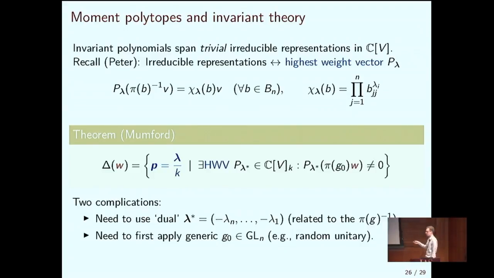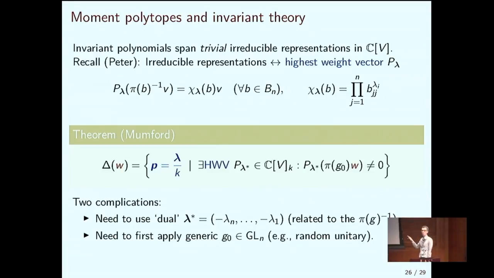So we have to make our life a little bit more complicated. This means in the coordinate ring of the orbit closure of W, the highest weight lambda star appears. I mean, the irreducible representation. That is correct. Yes. And in fact, because it's a bit of a complicated statement, let's restrict to the